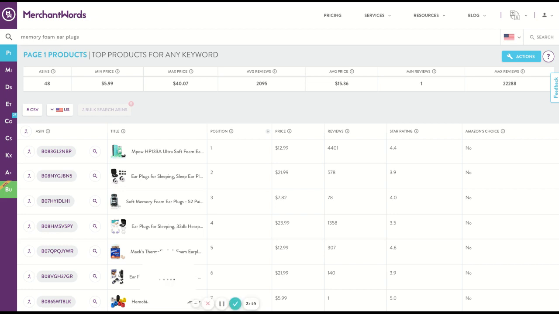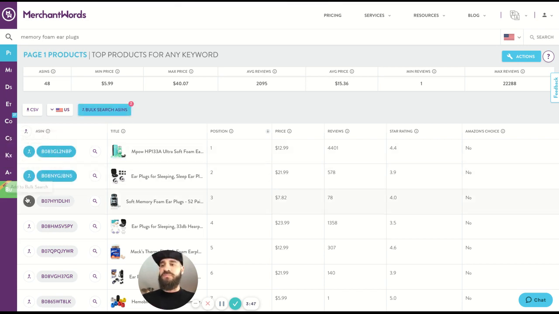And then what you want to do here is start selecting the products that are most hyper relevant to your product. It's important that they're relevant, so make sure you're looking to see what's relevant. Most of these will be relevant, but just make sure that there's no funny things in here that don't make any sense. So I'm just going to select the top 4 for now. You can select all of them. You can select up to 50 based on your plan, but I'm going to select,